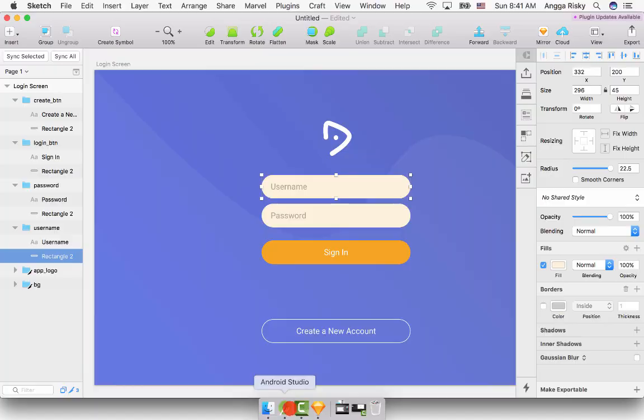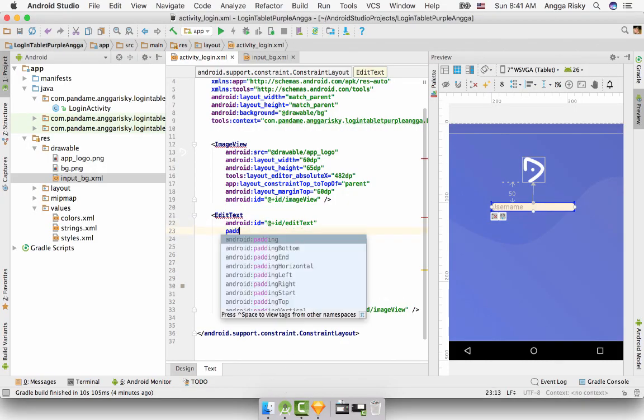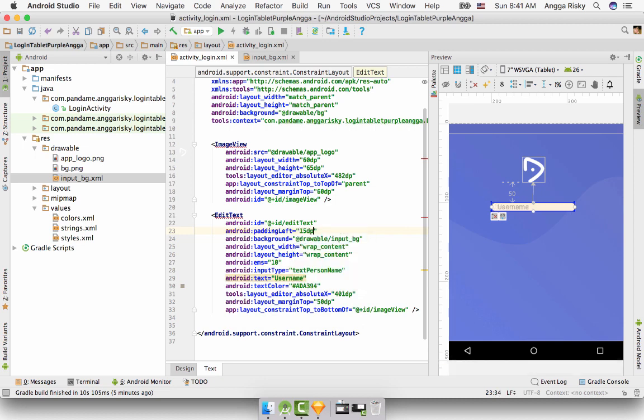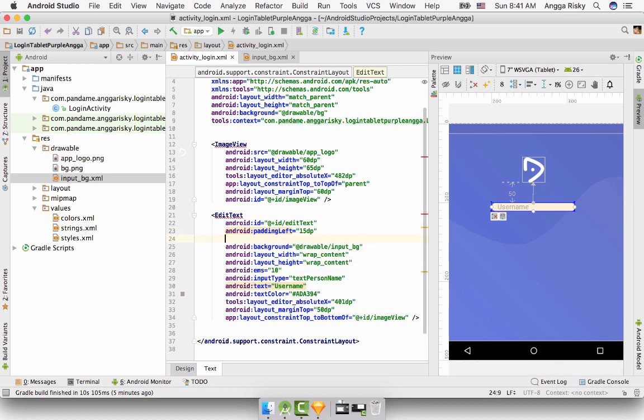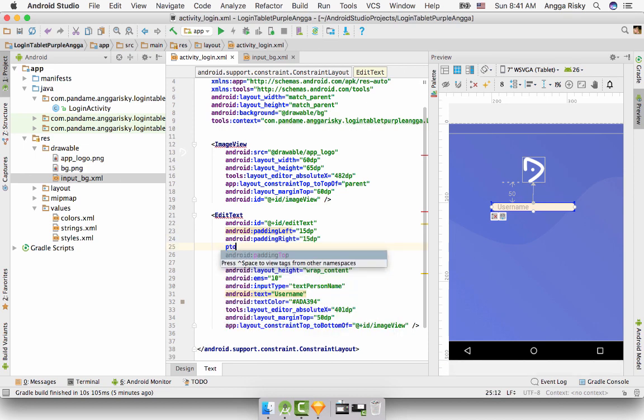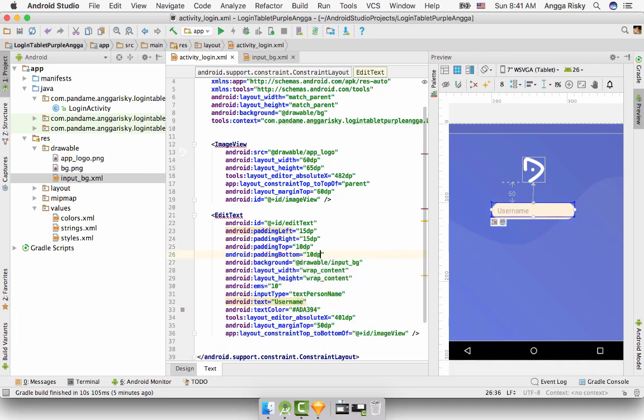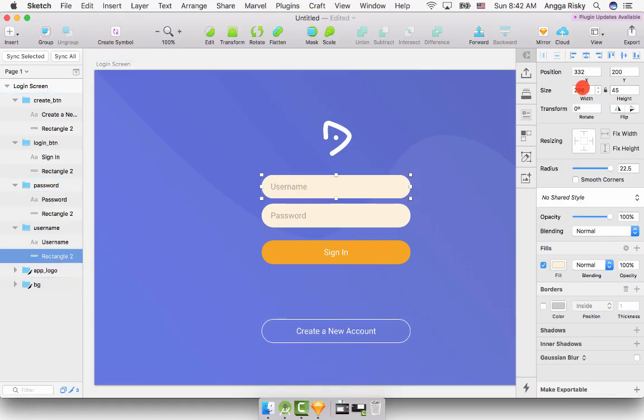Okay, so I want to try to get the padding here. So the padding left is around 15 dp, and the padding right is around 15 dp, and the padding top is around 10 dp, and padding bottom is around 10 dp. Now we got the username, but I think the username should be large, maybe 200, so we can copy it and